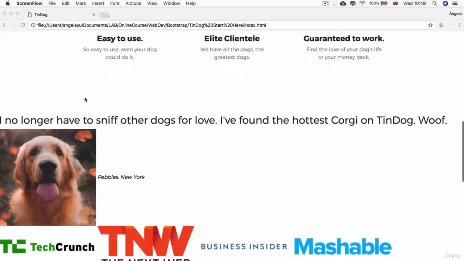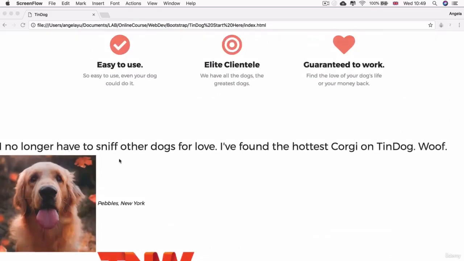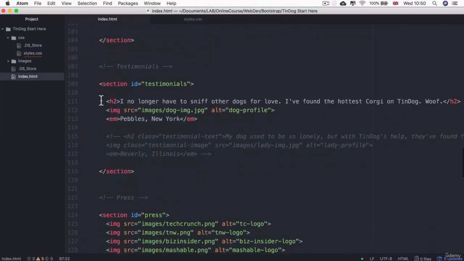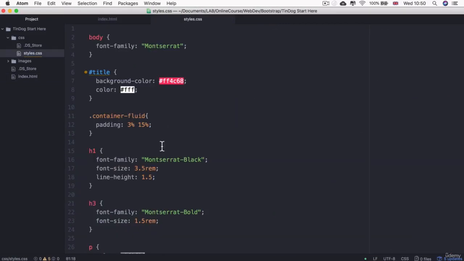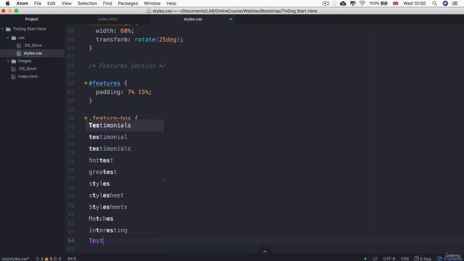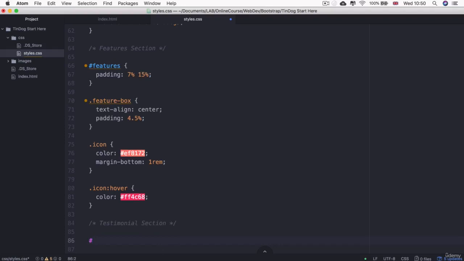So similar to the feature section, we need to have a bit of padding here. It doesn't look very good to have long lines of text and images going right up to the edge. It feels very pure HTML. So let's go ahead and go into Atom, and we can see that in our testimonial section, we've got a section with the ID testimonial. So we can go in here and create a new comment. This is going to be the testimonial section. And I'm going to comment that out, and then we're going to target that ID called